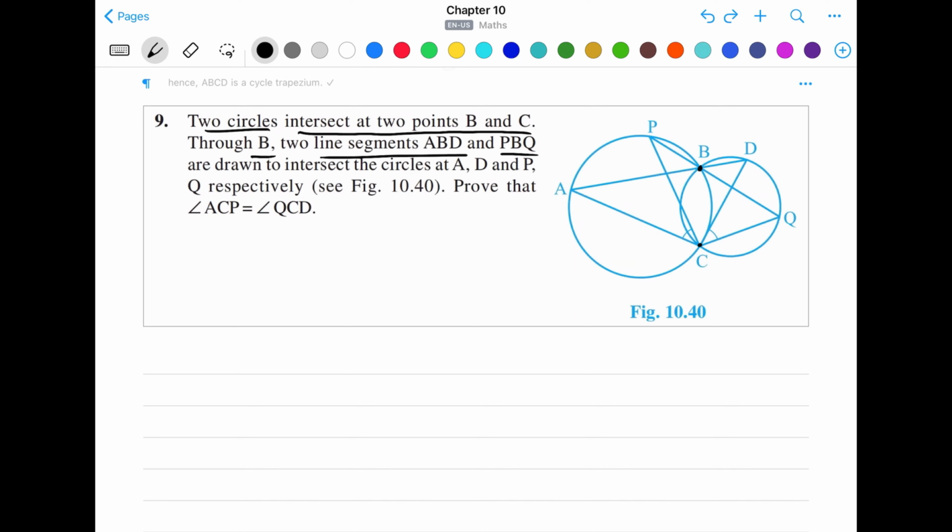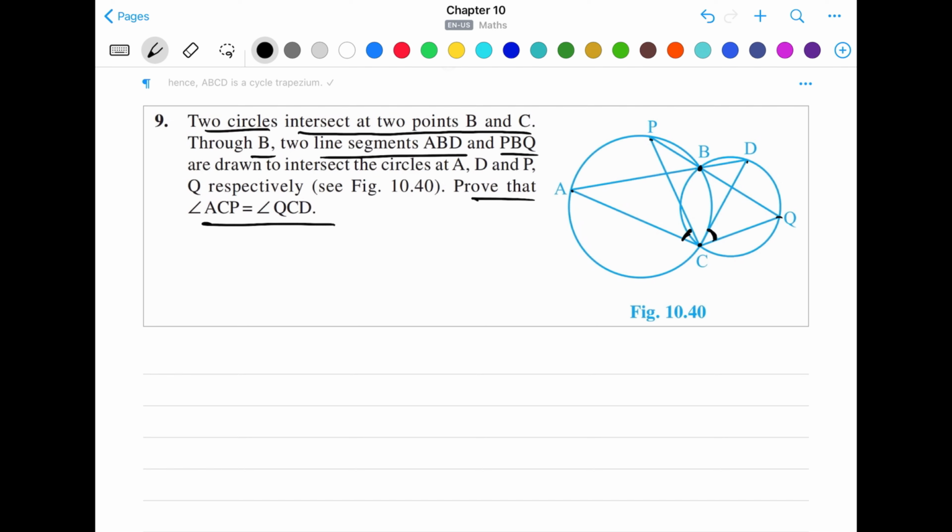So we have two line segments and they are intersecting the circles at points A, D and P, Q respectively. We have to prove that the angle ACP, which is here, is equal to angle QCD,